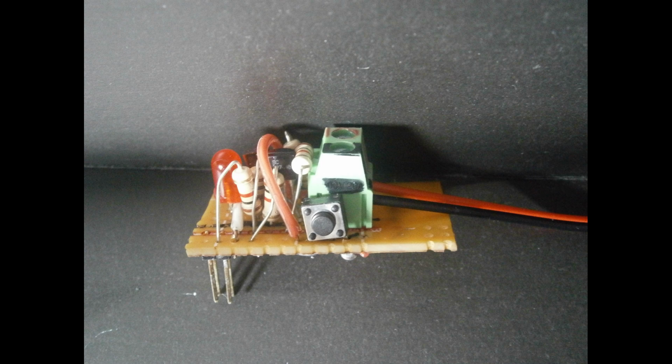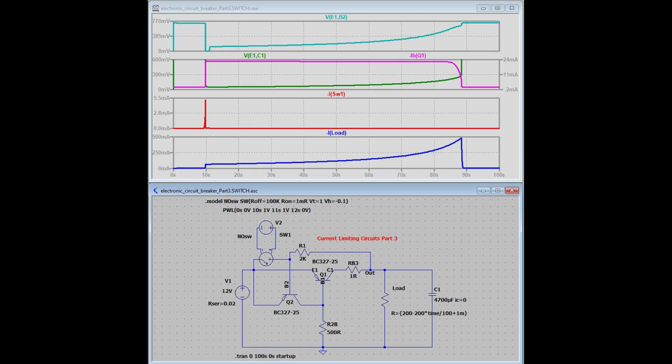account for inrush current. As the simulation shows, without the capacitor between Q2 emitter and base, the circuit is initially off, cyan line between 0 and 10 seconds, allowing the inrush capacitor, or other type of inrush circuit, to stabilize. When the switch is activated at 10 seconds, the circuit turns on, only shutting off when the current exceeds 480